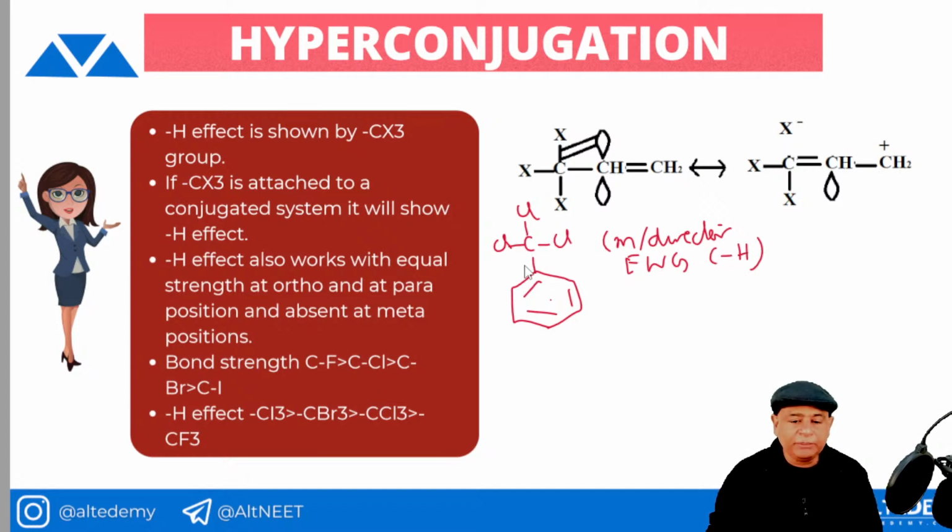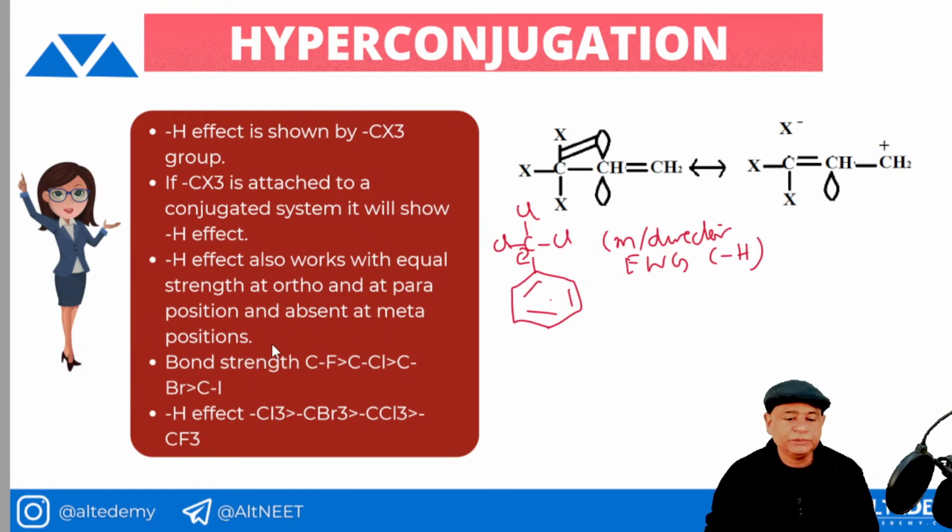Now the electrons are being pulled out. Minus H effect also works with equal strength at ortho and at para position. At ortho and para position, it creates deficiency of electron. Plus H effect creates surplus of electron at ortho and para position. Minus H effect creates a deficiency of electron at ortho and para position, and does it equally. That is why we have written minus H effect also works with equal strength at ortho and para position